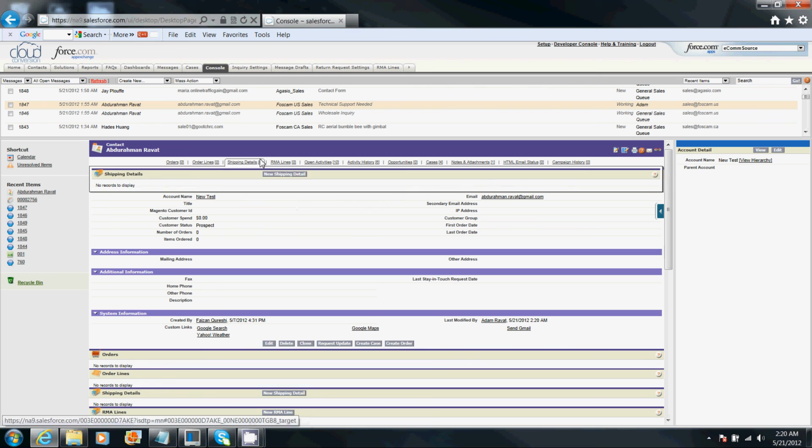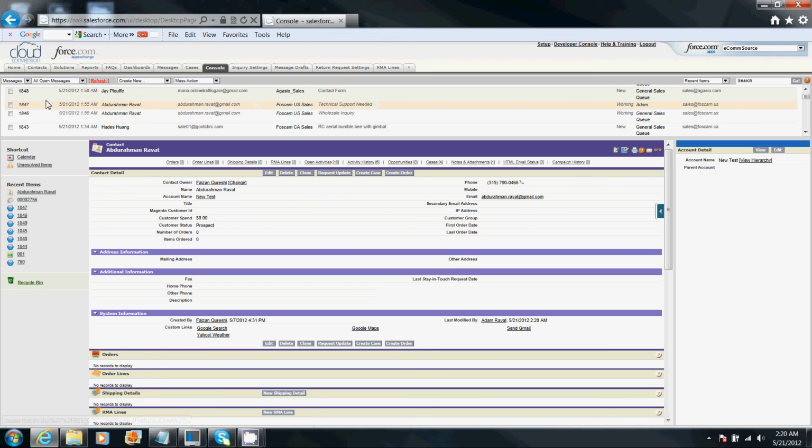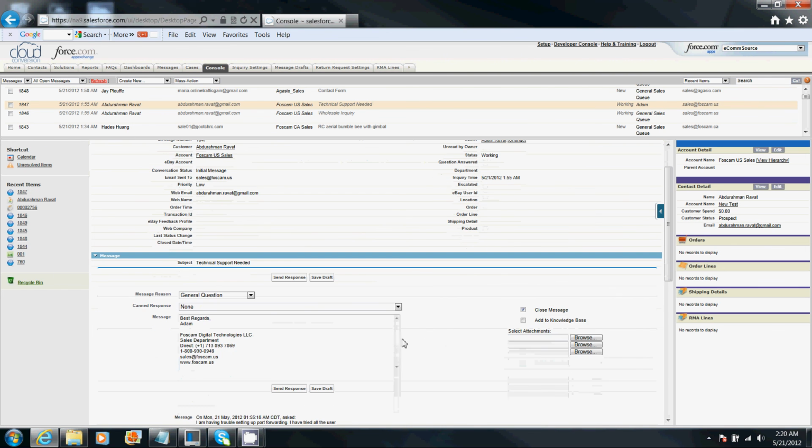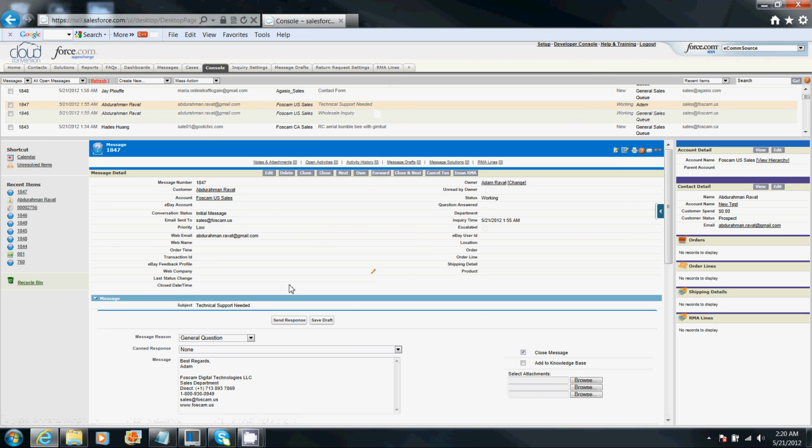Okay, once that's done, in the top view up here with all the messages, go back to the customer's message. It should still be highlighted, 1847, click on it. And here, go ahead and respond to the customer because this message is still open. The message needs to be closed. So what we have to tell the customer is,